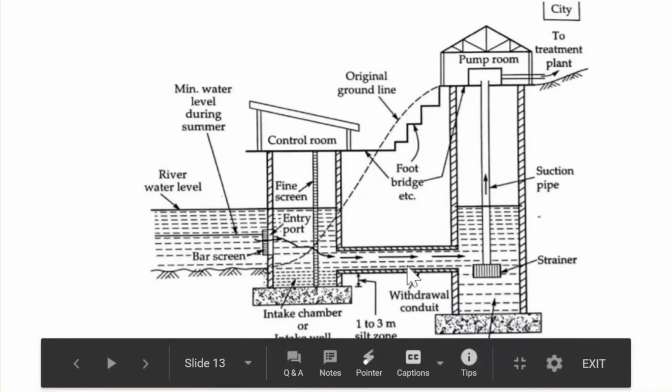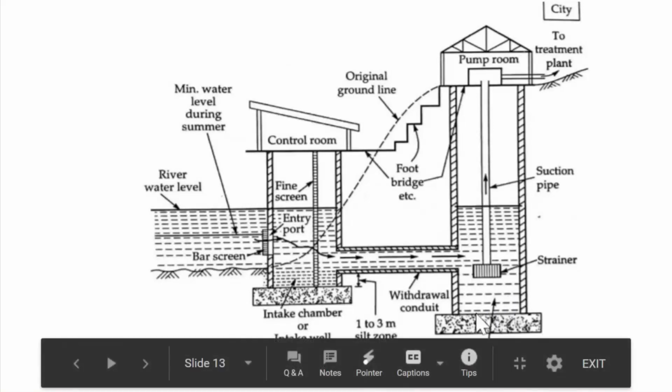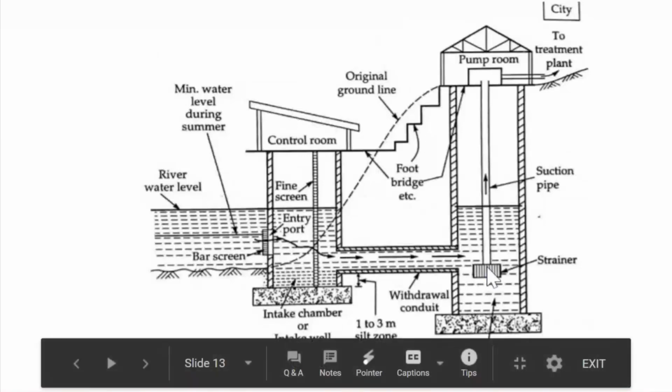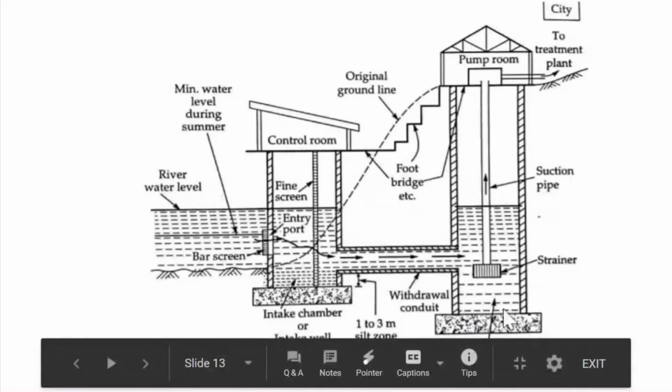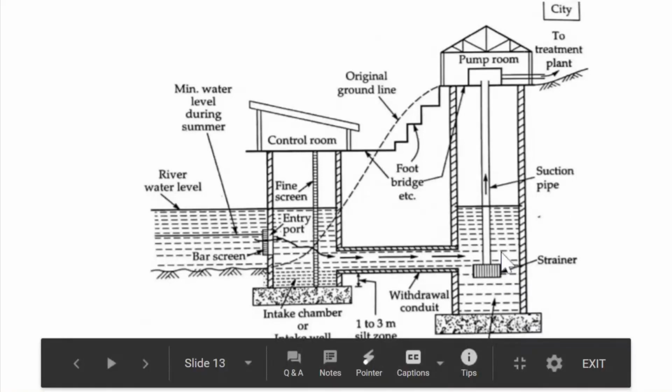And this collected water, or water withdrawn from the inlet well, is collected into the sump well. The sump well is constructed in such a manner that there also we provide a collection area, that is, 2 to 3 meter silt or debris collection height is provided in the sump well, and the water pumping unit will be provided 2 or 3 meter above the actual bed of the sump well. This 2 to 3 meter height is provided for collection of debris or silt, and this will be removed